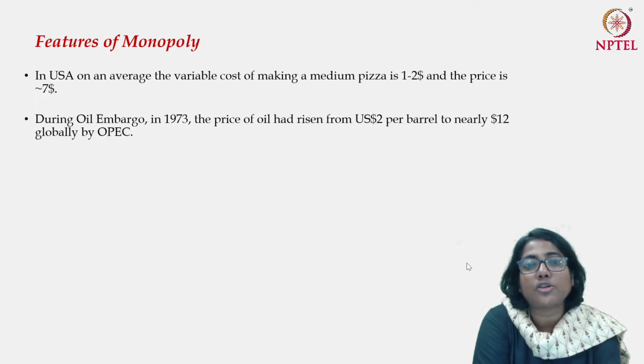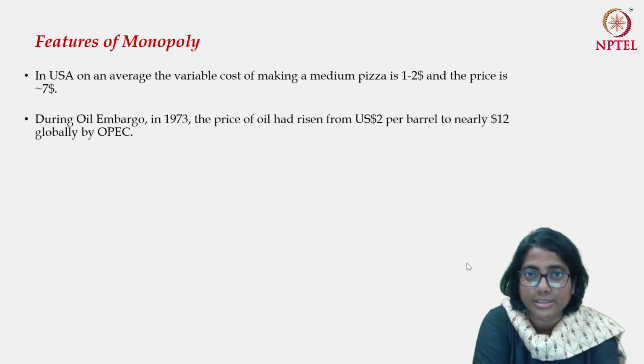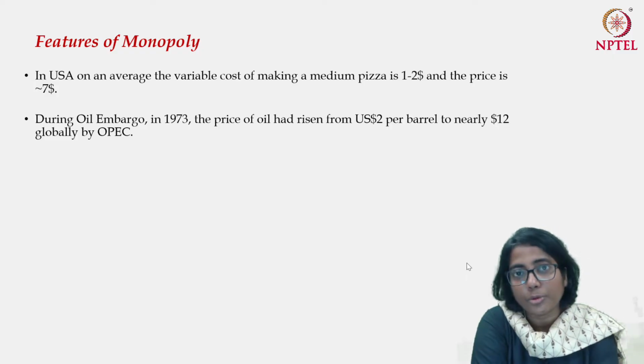But clearly, in case of oil, what you can observe is that there are not many sellers of oil, whereas there are multiple buyers of oil. So there are a limited number of suppliers and there are many buyers in the market. Now, when you actually look at the practical examples with respect to monopoly, you will understand that monopoly is a theoretical extreme that we discussed, with one seller and multiple buyers. In reality, what you see is a limited number of sellers, but multiple buyers. We call this market structure oligopoly. However,